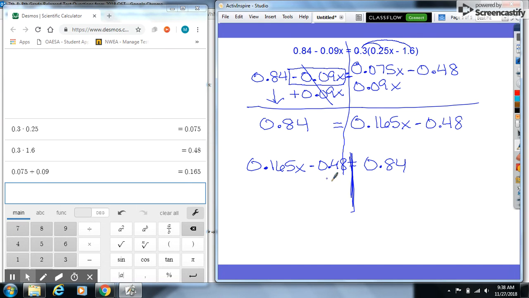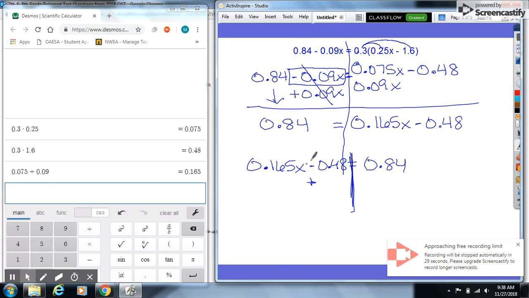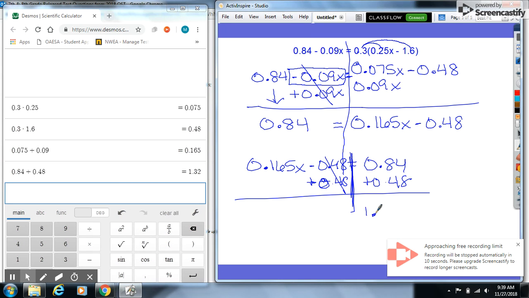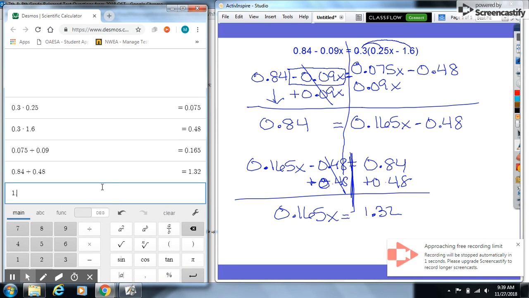Decimal's still going to solve exactly the same. Don't freak out. Get rid of this 0.48 by adding it. Keep in mind, right here, plus 0.48 plus 0.48, running out of time. Calculator, 0.84 plus 0.48 gives me 1.32. 0.165x. So take this answer, 1.32,